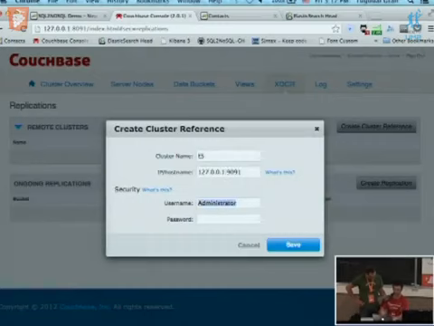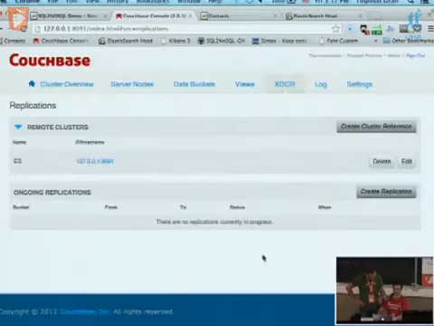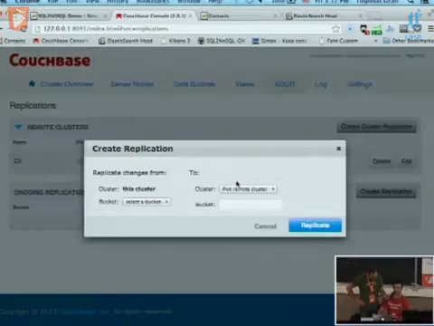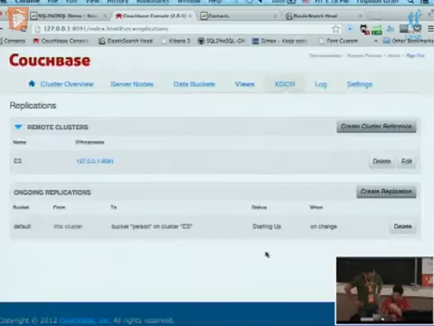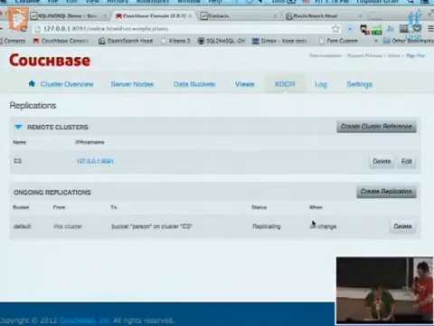I will use the server that we just started, connect to it, and I just have to say which data I want to push. I want to push from my cluster to Elasticsearch all the data contained in default, and put that in the index. We don't have a notion of index here, it's a bucket, but it's just the name of the index inside Elasticsearch. If you look at the bottom here, it's starting the communication, and now it's replicating.